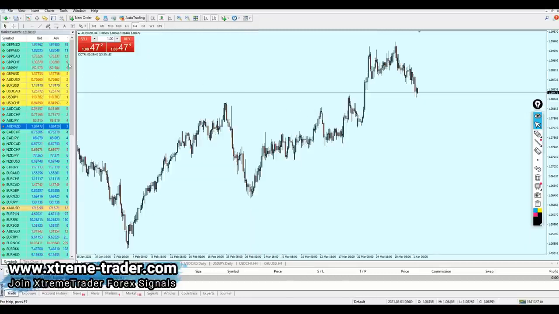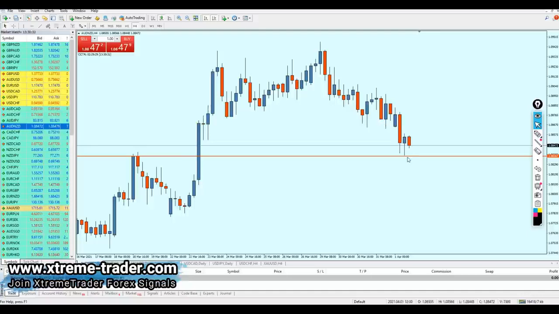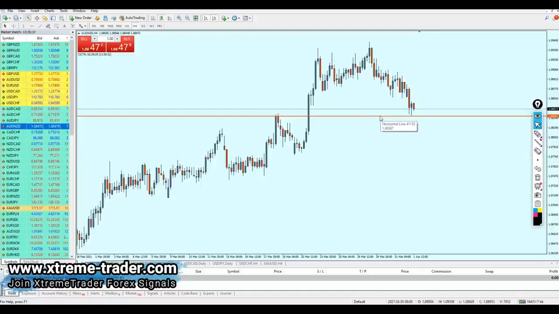Okay, I think it already happened, or maybe it is going to happen. Let me show you here. For example, on the AUD NZD on the 4-hour time frame, we can see that right here we had the previous resistance. That resistance right now has become a new support. But is this the perfect entry? Not yet. We don't know yet. We have to analyze more to identify if this is going to be the perfect entry or not.